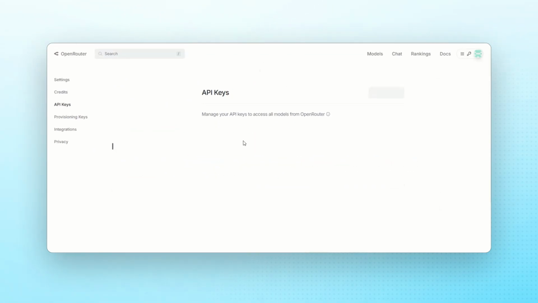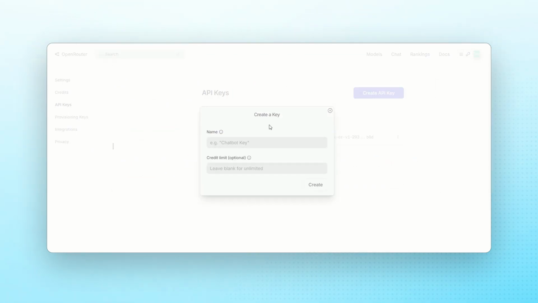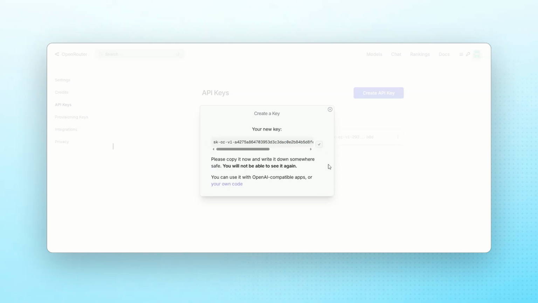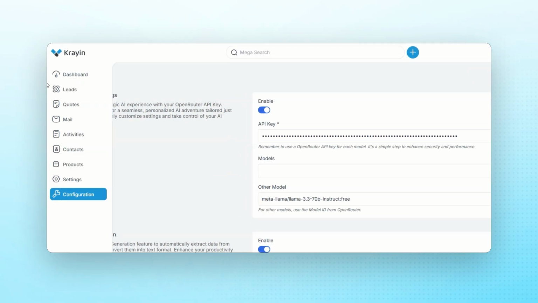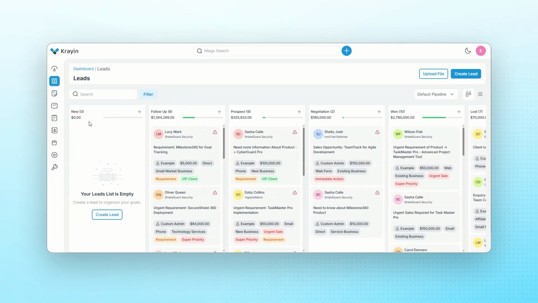You can easily create one from the same platform by clicking Create API Key. It's a simple process. I've already created one, but I'll make another called Krayin 21. Now that it's created, copy the API key and paste it into the configuration. Click Save Configuration. Now that the configuration has been saved successfully, let's go ahead and create a lead using a